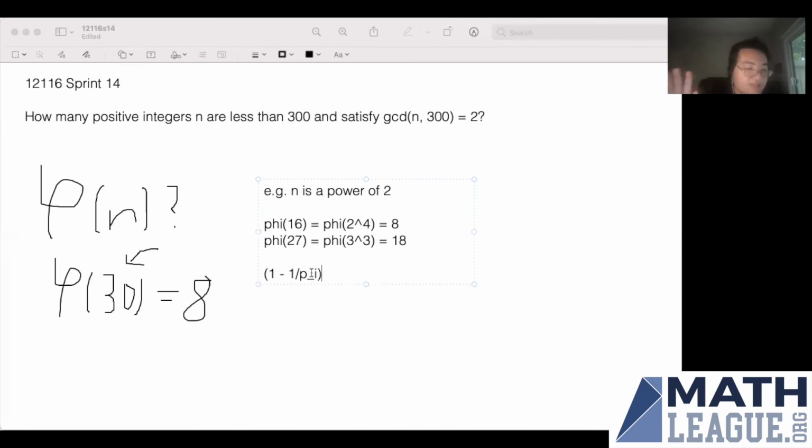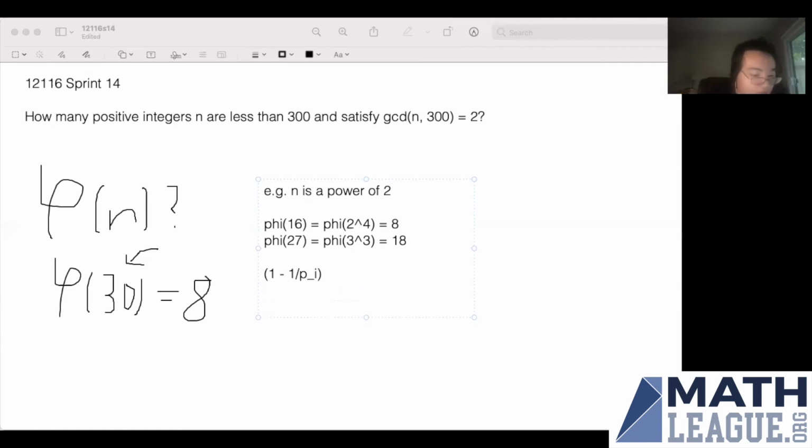You can prove this less hand-wavily with the principle of inclusion-exclusion, but I'm not going to get into that too much for the time being. But if you're interested, definitely look into how you can apply the principle of inclusion-exclusion there. I would say start off with things like 12 and 18 that have 2 prime factors, slowly build up to 3 and 4, and try to generalize that to any number.